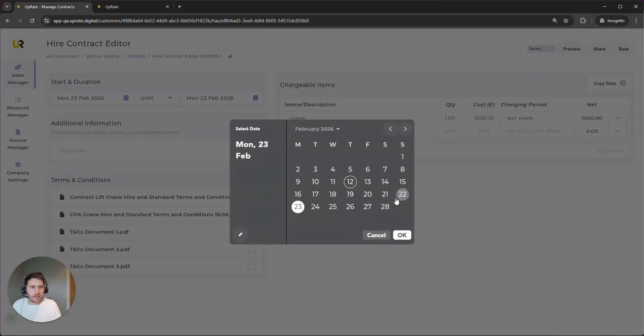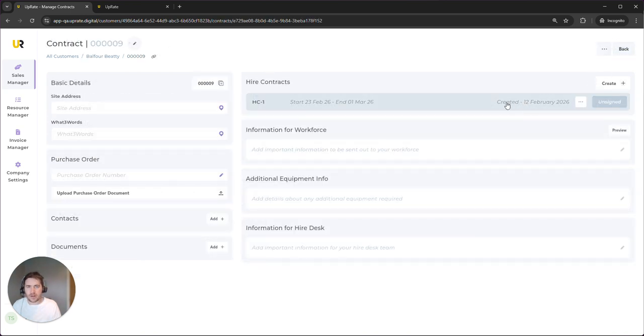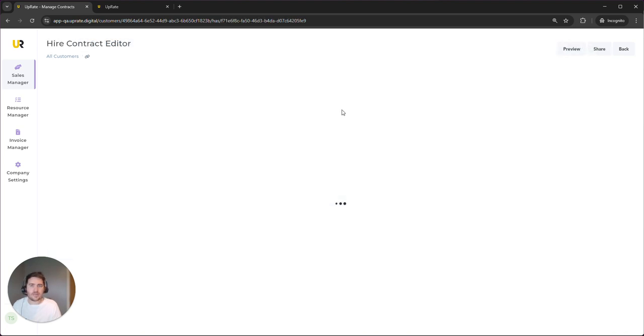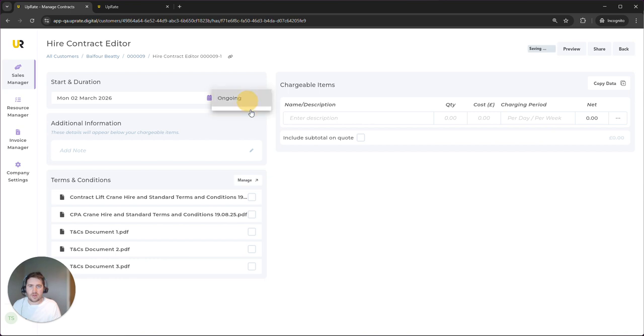until Sunday, the 1st of March. If I now want to do a second contract for the 2nd of March through to the end of that week, I can go back to here, go back to the main contract page, click create again, and then I can say this one's going to run the 2nd of March until